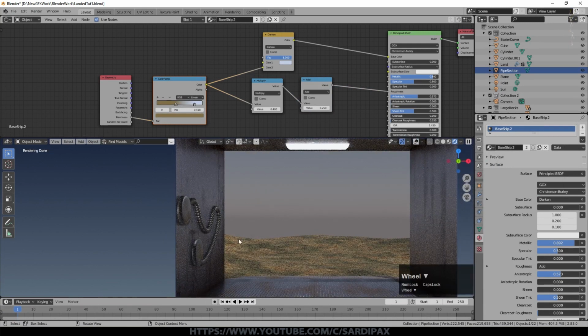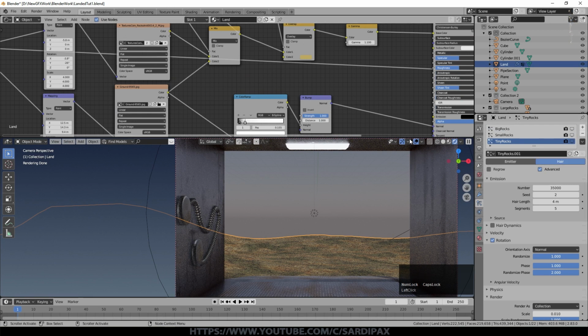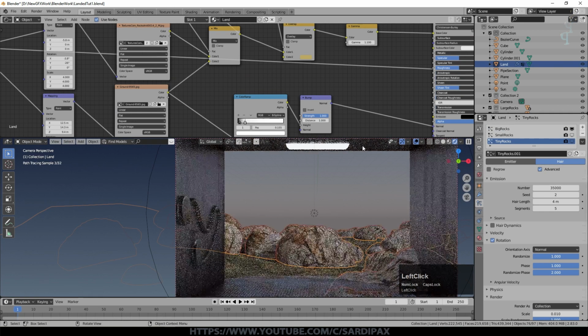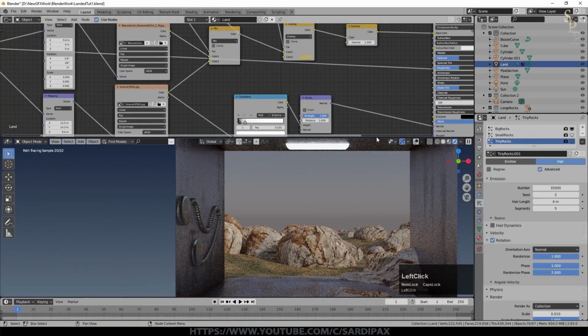I did put a couple of struts either side for my ship, but I won't go into that now. That's really just a couple of cylinders. But we'll call the particles back now so that we can see them in the preview, at least the big particles, and we can get a better idea of what's going on. And what we'll do is a quick preview render now.